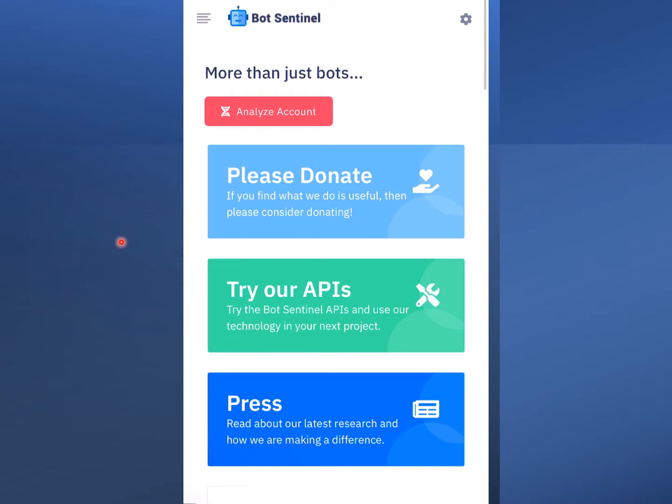And it's got the analyze the account. That is the button that you will click, and you will type in the user handle, which gives you your little report, like I showed you at the beginning of this for Bouzy's account. It's got the donate button, which is interesting because part of the problem is that he calls out LawTube,